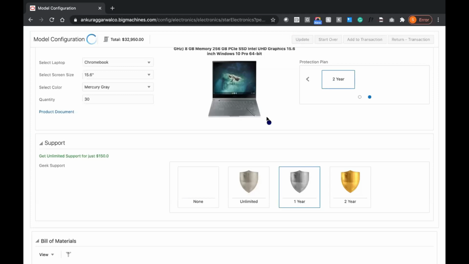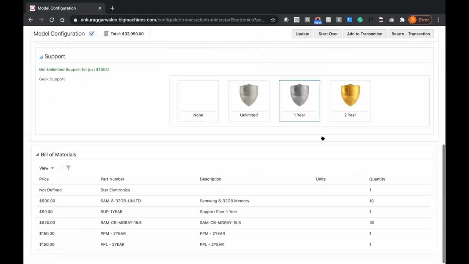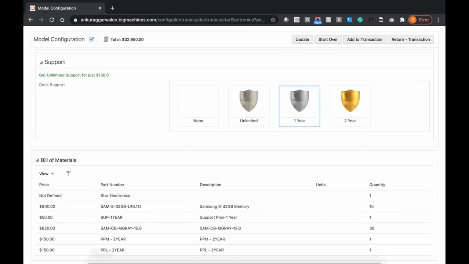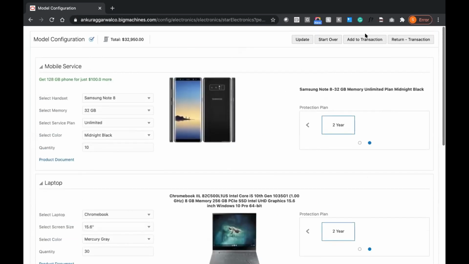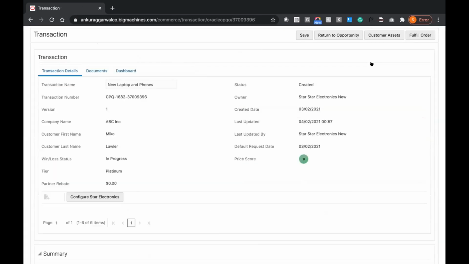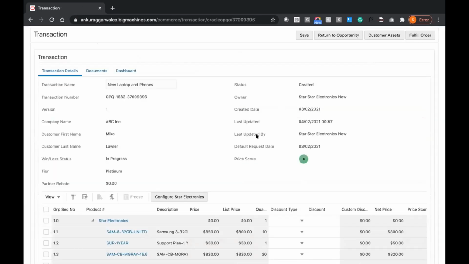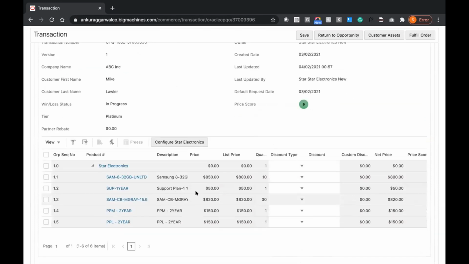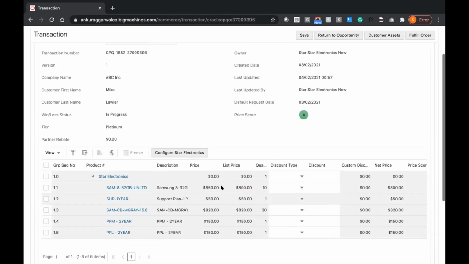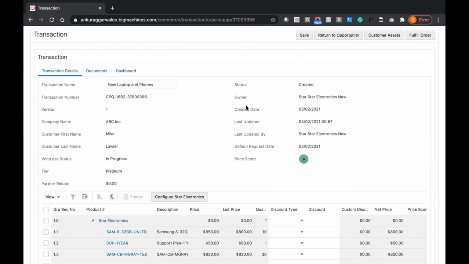So I'll just update. And as soon as I make all the selections, all the products have been selected. We have partner specific pricing and the quantity has been updated. Now I'll click on add to transaction, wherein all these items and the bill of material get added into the quote, and the quantity and pricing, everything has been updated. So with few clicks, I'm able to create a quote, add the products, and I'm also able to provide a